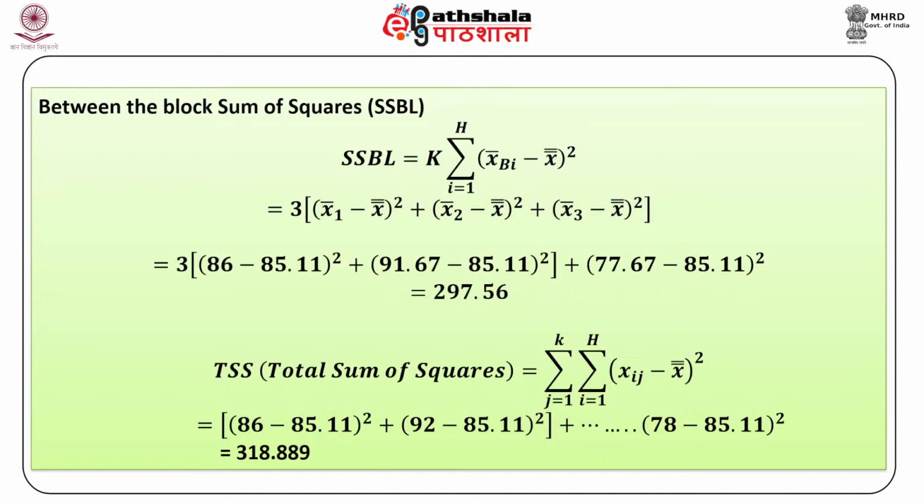Let's now move to the third step, which is finding out the total sum of squares, TSS. How do you find out TSS? TSS is again by definition equal to double summation of xij minus x double bar square, which is nothing but the cell values minus the mean of all these cell values, and their squares and their summation over all cell values. So on substitution, you get this equal to